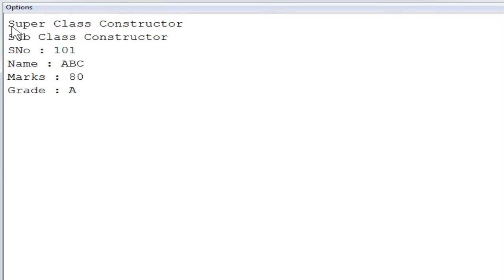The first line indicates that the class A constructor got executed, that means the data members of class A got initialized, and then the class B constructor got executed, that means its data members have been initialized. Then finally the display method has been called, so the data members have been displayed and you got the results here.